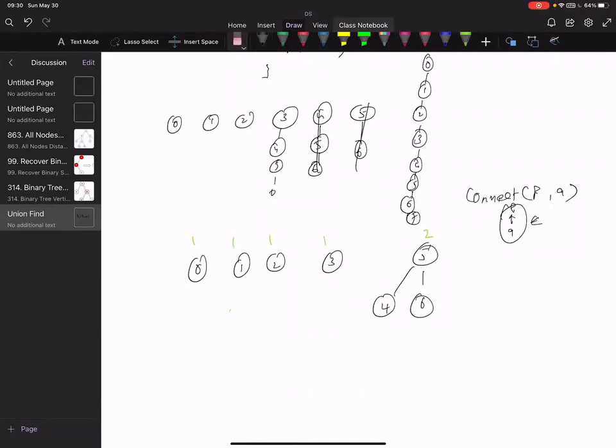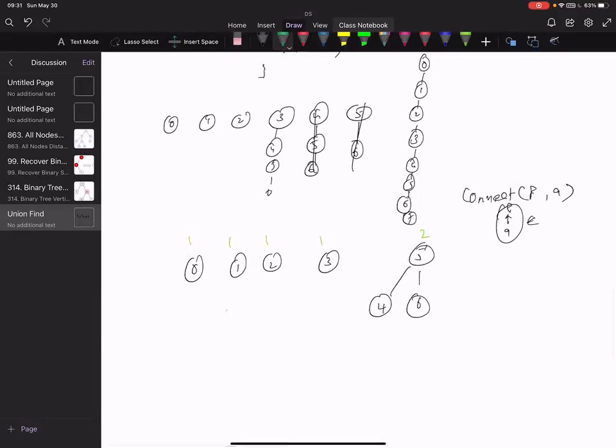So is this size the depth or the number of nodes? The number of nodes. Question here. I'm not able to understand why this approach is better. We are still just connecting 5 to 4. It's still one node being connected, either 4 to 5 or 5 to 4. 6 is already connected to 5, so it will follow. That's correct, but the problem. See, when we connect, okay, good question.